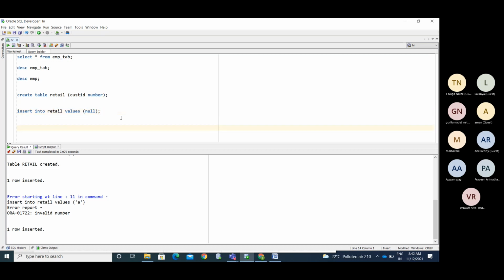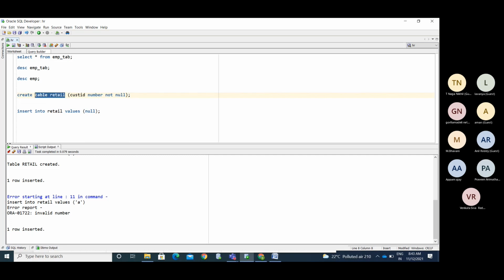I want to restrict the null values in this table. For this, I can simply use not null at the column definition. This is the column name, and this is the column definition. Definition means the data type and size we are mentioning, right? That we can call a column definition. Beside that you can provide the constraint, not null. If you provide it like this, it can restrict the values.